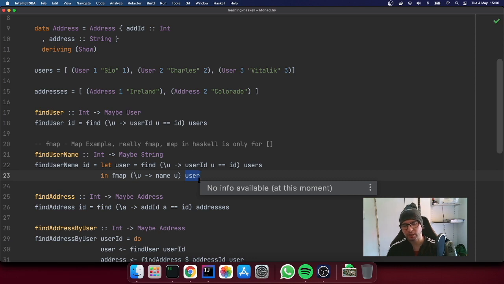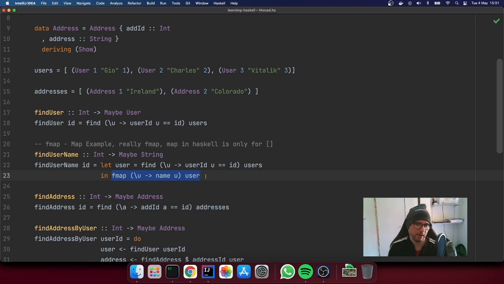But the beauty of monads is that if by any chance we are in the worst case scenario, for instance the user is not found, this is resolved for us, and this extraction is not going to happen because we can't map an empty value. So we don't have to say if result is empty or if result is not empty. What we can do is just take the value back, and if the value is there, just map it and extract the name from the user object. If the value is not there, there is nothing we can do, so just return nothing instead of just something.